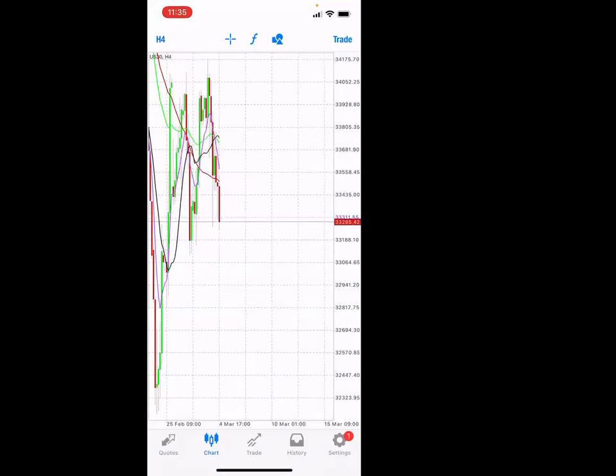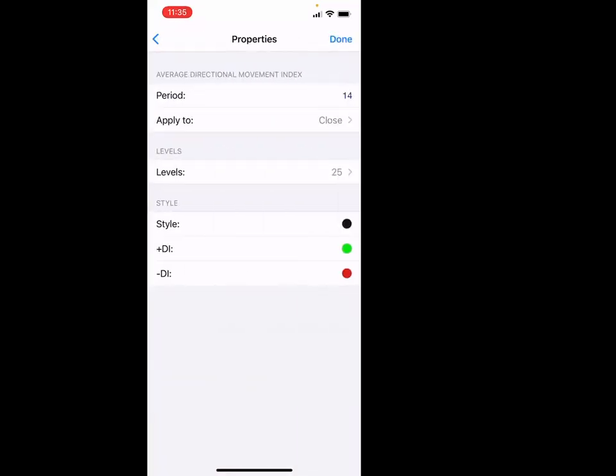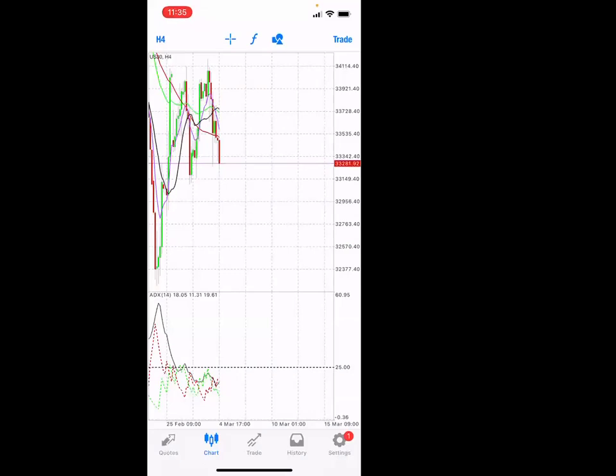Hey, Will, for the ADX, if the red line is above the 25, does that mean there's bigger sell momentum? Yes, and vice versa. Well, when it's pointing up, even though the red is above the green, the red could be above the green but pointing down. You see what I'm saying? When it's in the up direction, that means it's typically going in that direction.